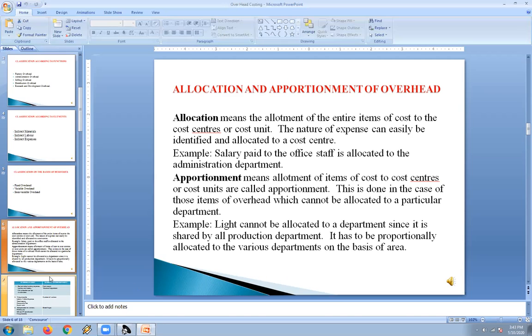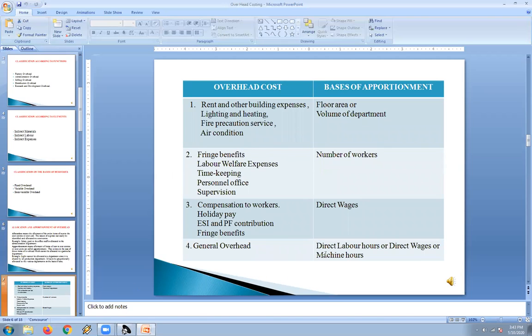to the various departments. On the basis of what are all these overheads going to be apportioned? For example, the rent of building and other building expenses, lighting and heating, fire precautionary service, air conditioning, all of them are going to be allocated or apportioned on the basis of floor area. The fringe benefits, labor welfare expenses, personnel office time keeping are going to be apportioned on the basis of